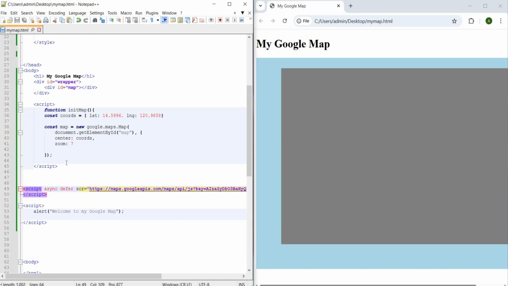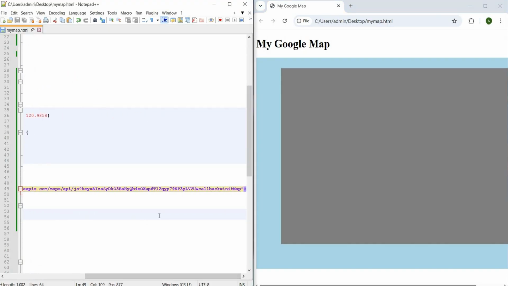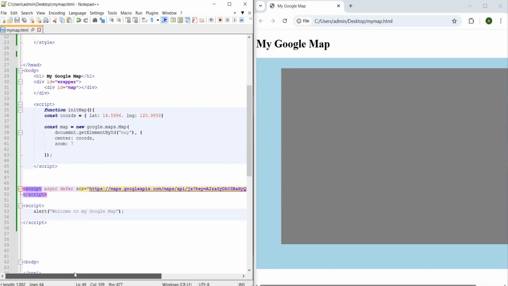Map. initMap. Callback equals initMap. I think the problem is here.